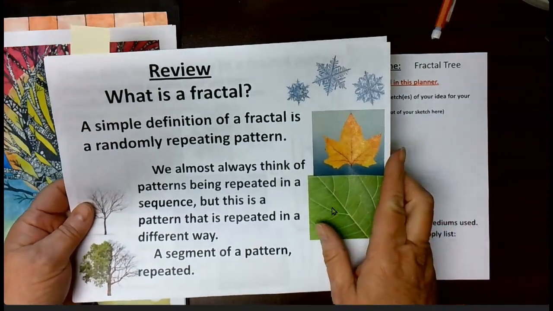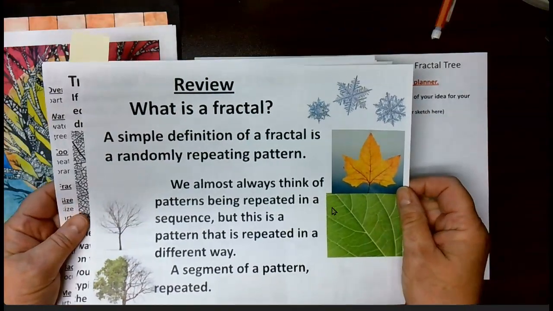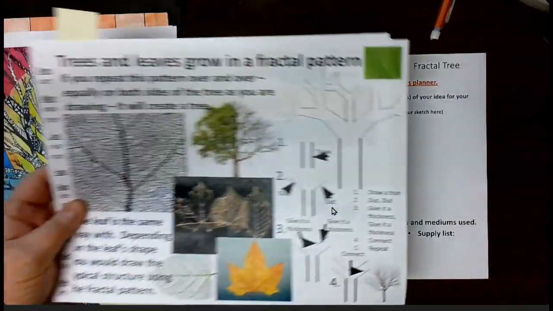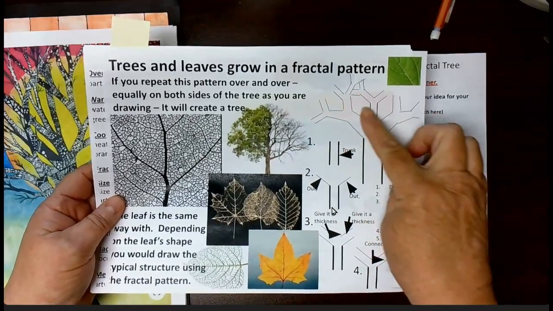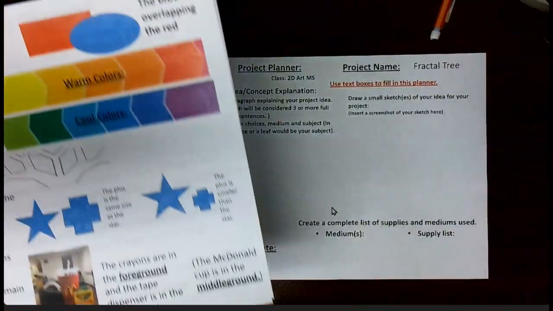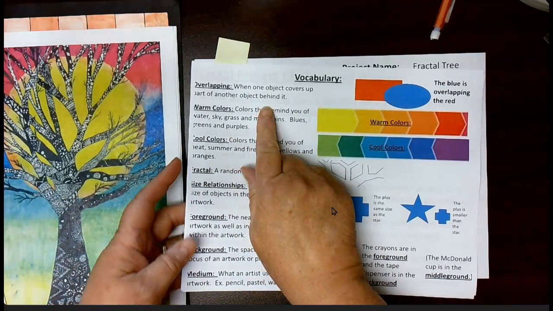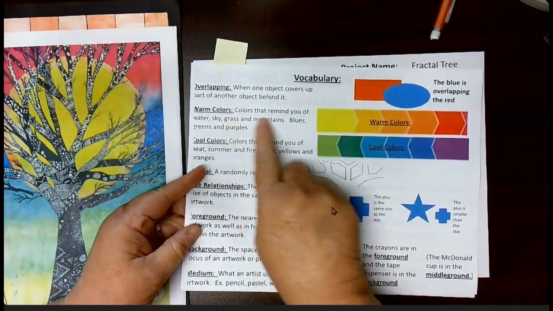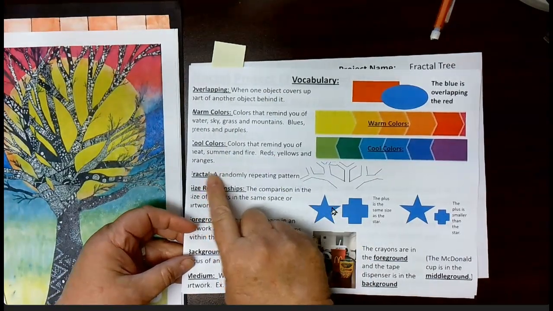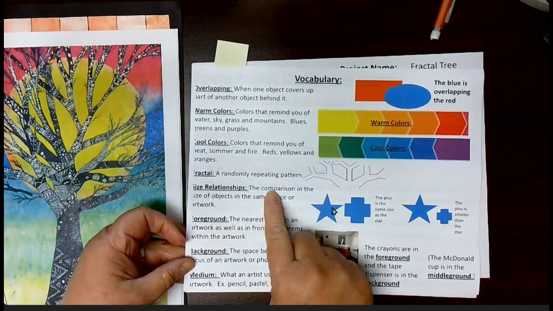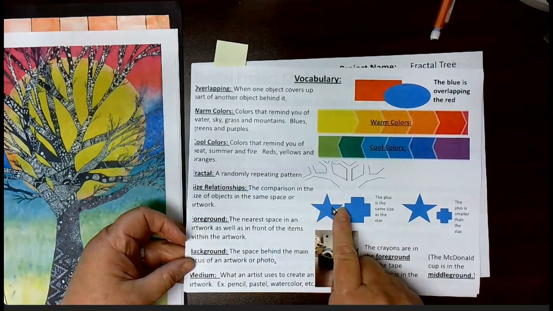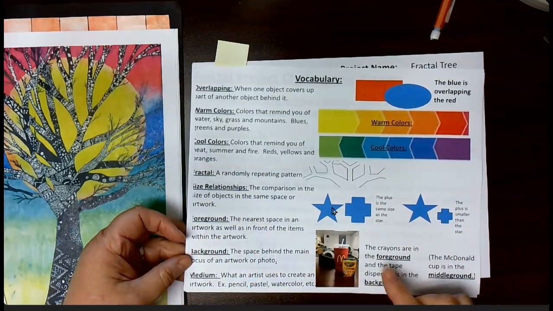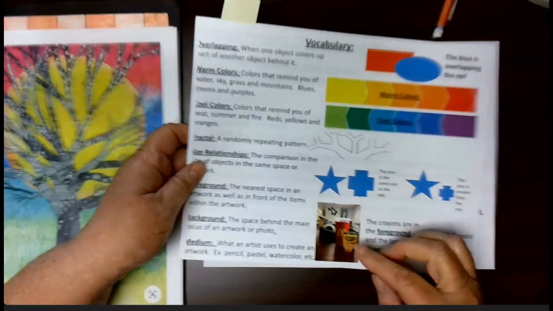First, you're going to review what a fractal is, which if you've just done your tree, you have a really good memory of what that is, how they grow in a fractal pattern. And it talks about different vocabulary words that I'm hoping you use, such as overlapping, warm colors, cool colors, a fractal, size relationships like being the same size and some are bigger and smaller, foreground, which is something that is